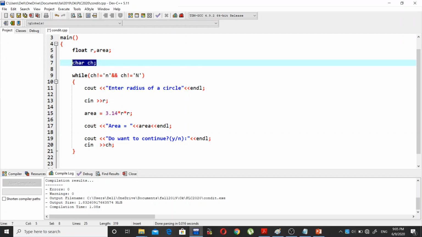I have declared a character variable, and that is ch. Now ch will be used to store a character. For example, in this case, if the user wants to run this program again, then he has to enter a character other than small letter n or upper letter N. That's why if the user enters n, small letter n, or the upper letter N,